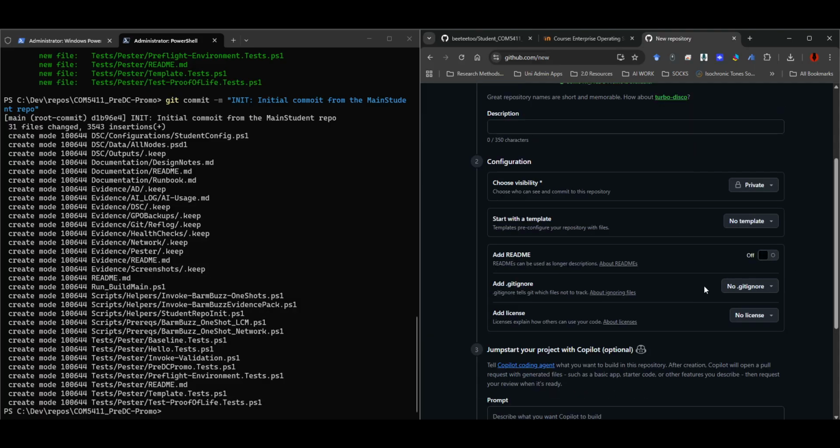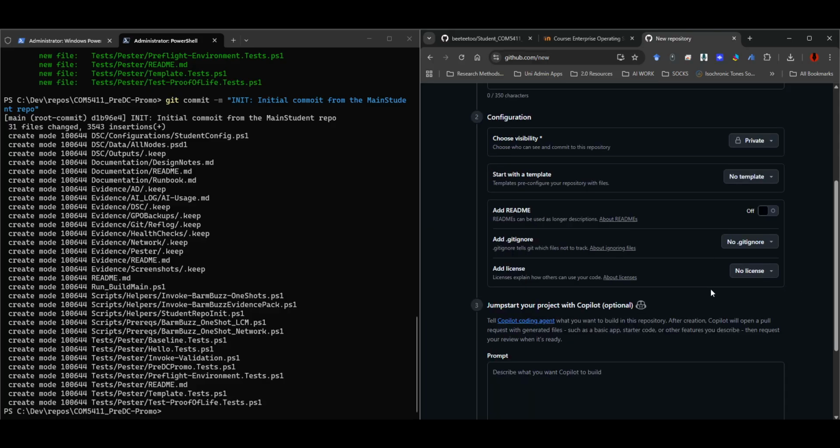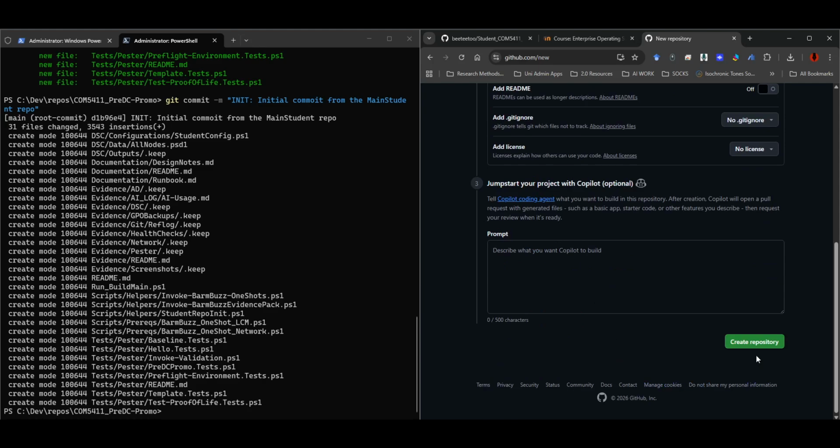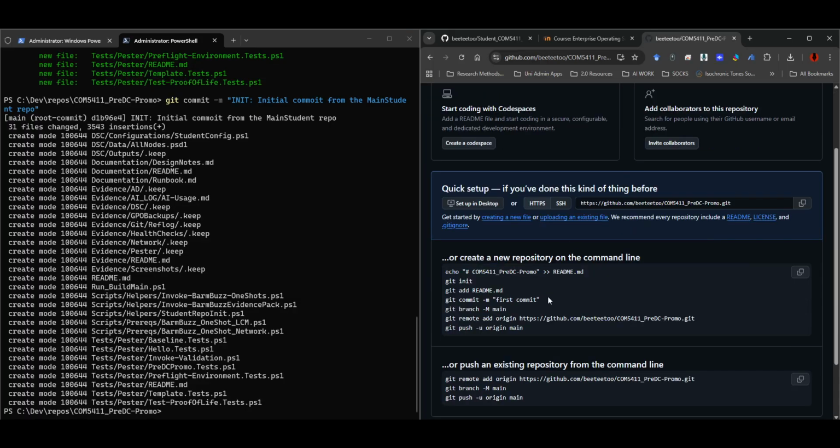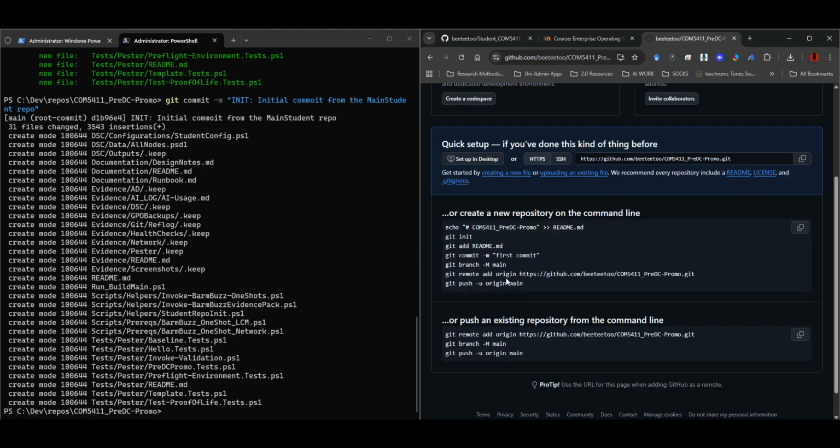We don't want any template for the moment. We do not want a README because we've already got one in there. Not going to mess with the git ignore for now because we've got lots of files and there's nothing else needed down here, so we can just create that repository. It's got some useful hints and tips here anyway because we've already gone through this. So now what we need to do